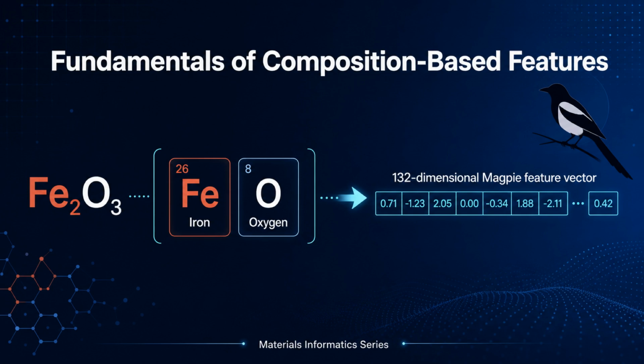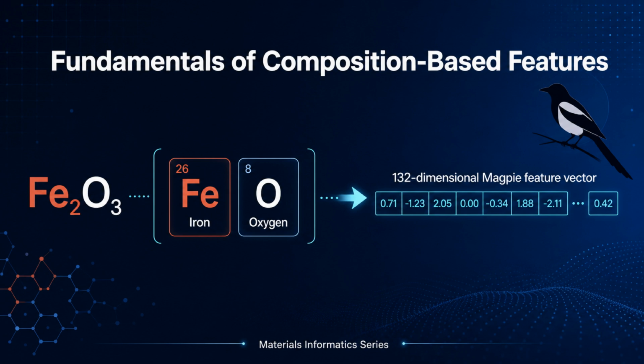Welcome to Chapter 1 of the Composition-Based Features series. In this chapter, we'll learn the fundamentals of predicting material properties from chemical composition alone. Composition-based features, centered on MAGPIE descriptors, are classical yet powerful methods that convert chemical formulas into numerical vectors that machine